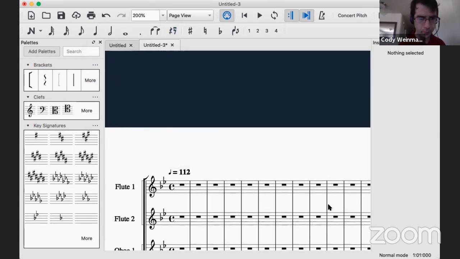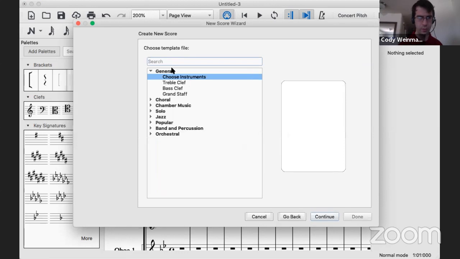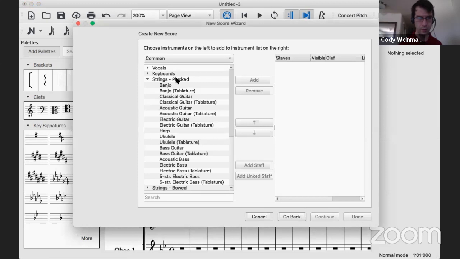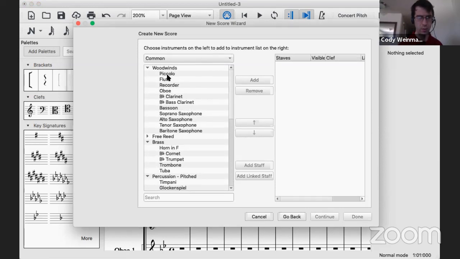All right. Let's try one more. I think we're going to try one more template, and then we're going to have to call it quits. Let's go continue. Choose instruments. If we wanted to make our own woodwind choir, so piccolo, flute, flute,